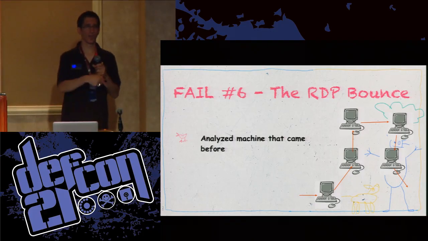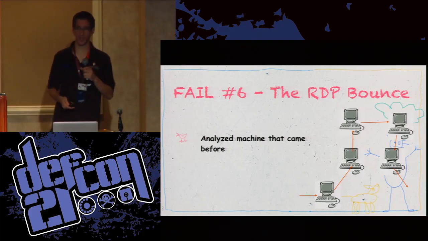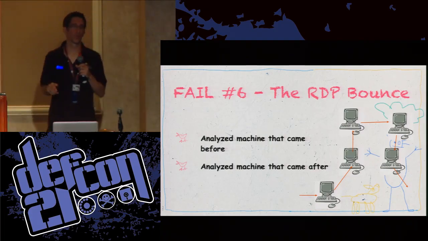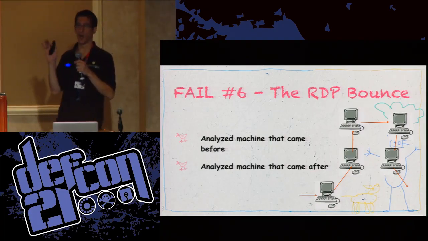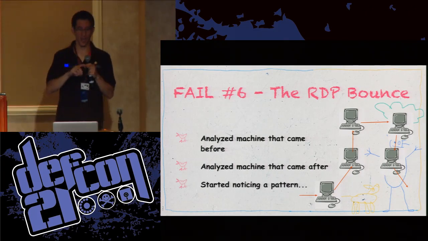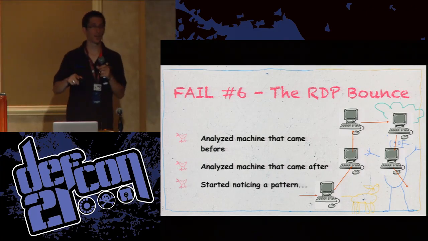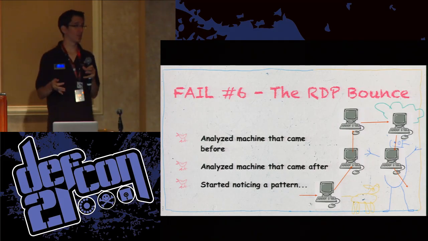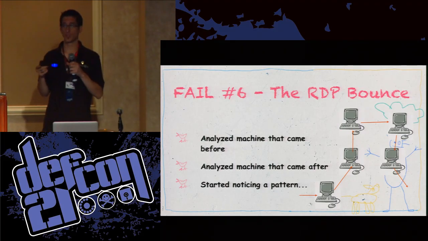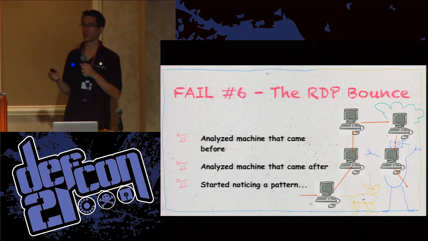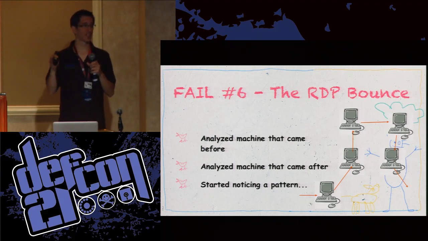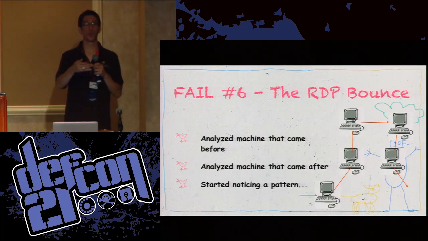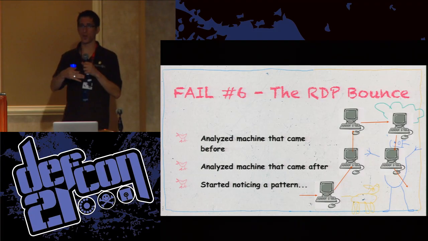So I analyzed the machine that came before it, and same thing. There were logs that showed somebody was connecting into that. It was basically an entire bounce. Now, these computers were located in different offices all around the world. This guy was bouncing all around the world to do something. So obviously this is a pattern. I still didn't know what he was doing. I just knew that he was clearly going through a lot of trouble to obfuscate his trail, bouncing all around, probably so that when he does hit his final target, there's no direct evidence to where he was coming from.